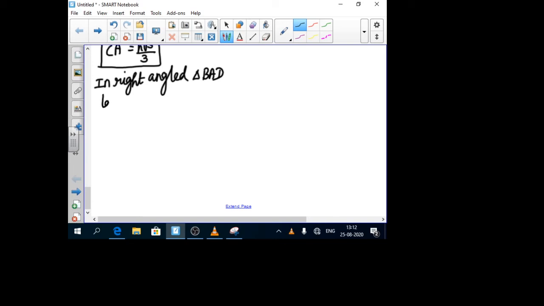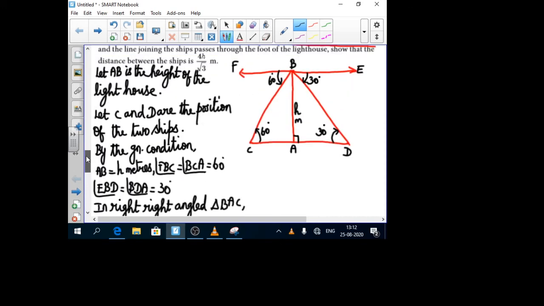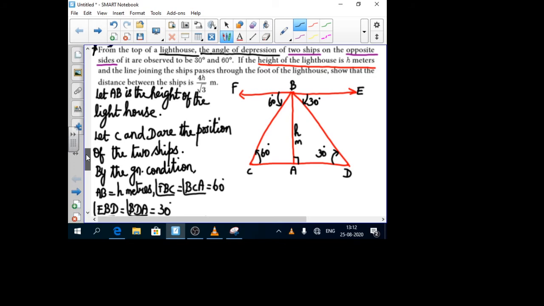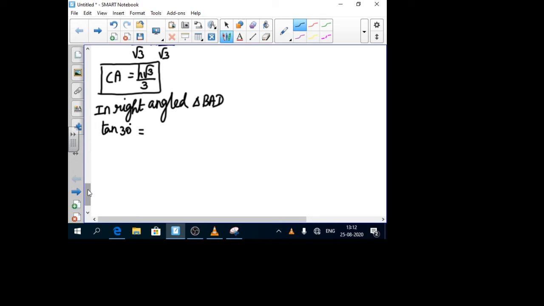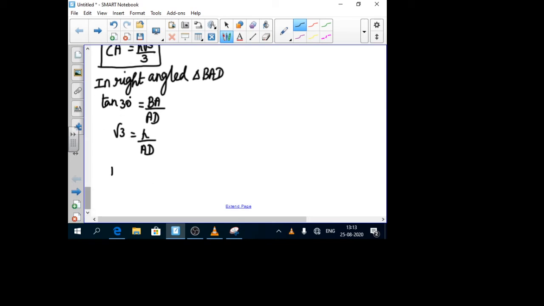So in right angle triangle BAD, tan 30 degree is equal to opposite by adjacent, that is BA by AD. So tan 30 we know, root 3. Root 3 equal to BA, it is given as H, by AD, we have to find. So we need AD. So AD is equal to